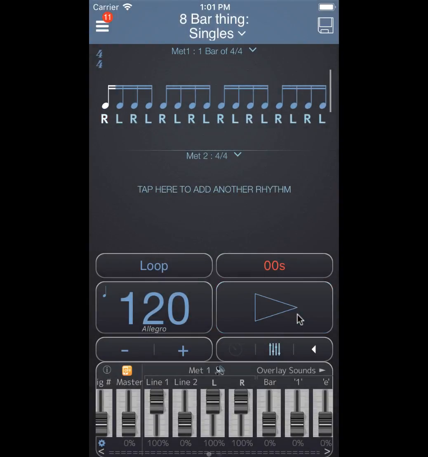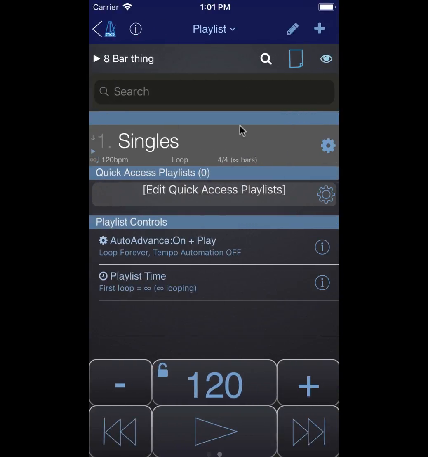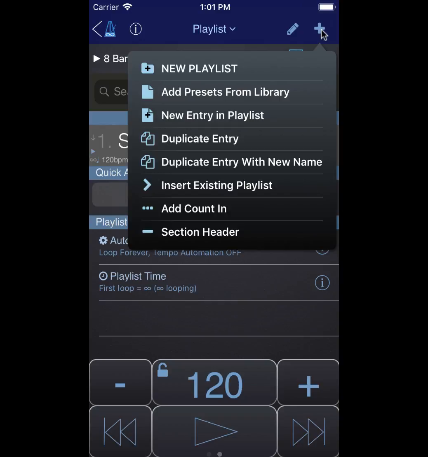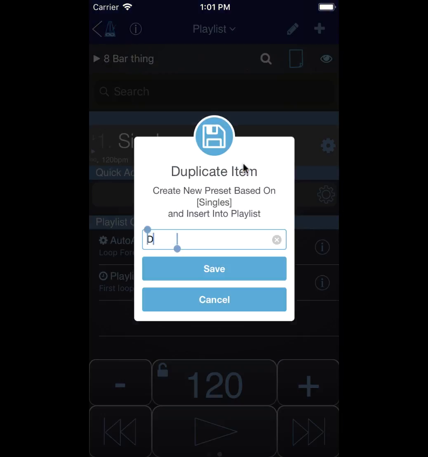Now it's a single stroke roll between the hi-hat and the snare. I'm going to leave it like that just for a second. Okay, so now we go back and we want doubles. So I can do plus. Now I can do a new entry, or I can make a duplicate of this one and just give it a new name. So if I call it doubles,